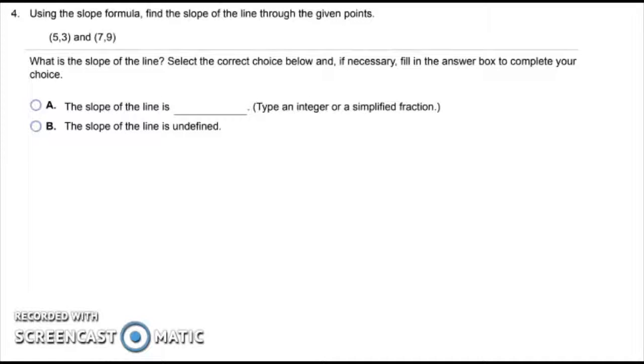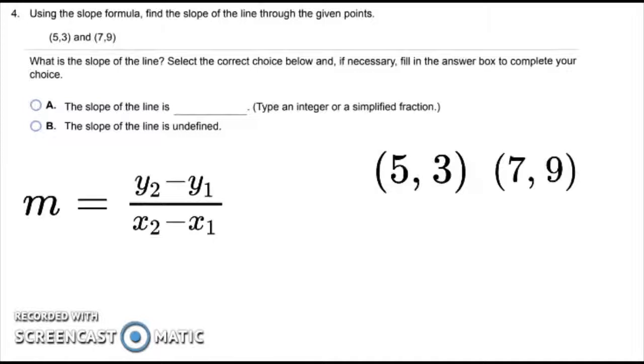Number 4, it says, using the slope formula, find the slope of the line through the given points. So the slope formula is y2 minus y1 over x2 minus x1. Write x1 and y1 and x2 and y2 over your pair of points. x1 and y1 and x2 and y2 simply mean x and y are the first and x and y are